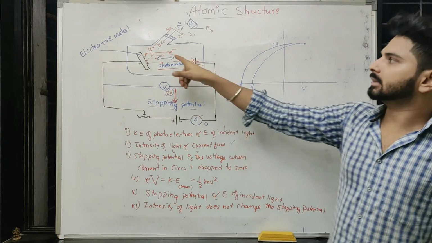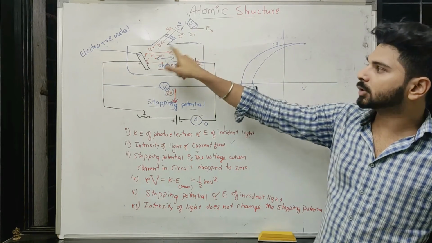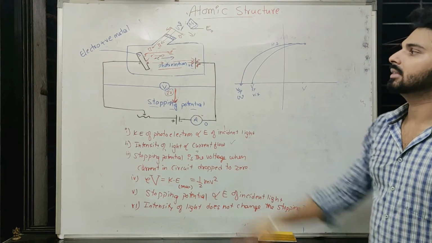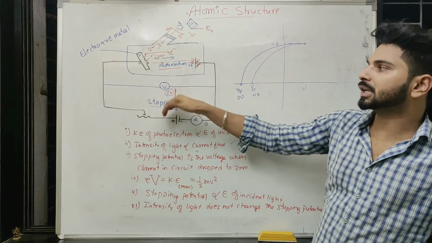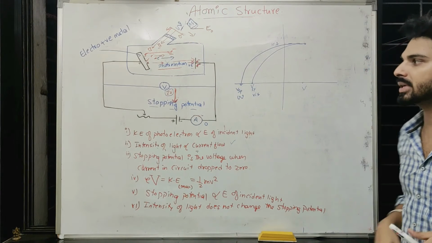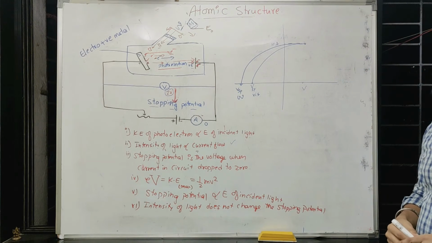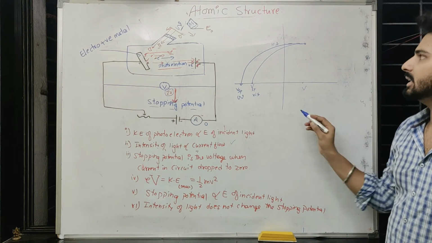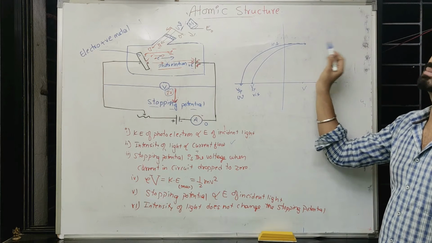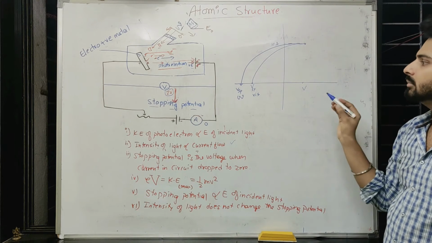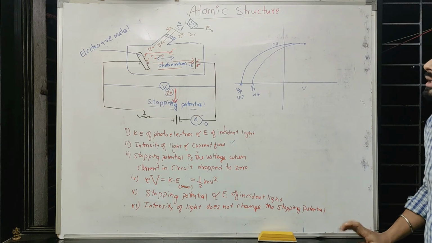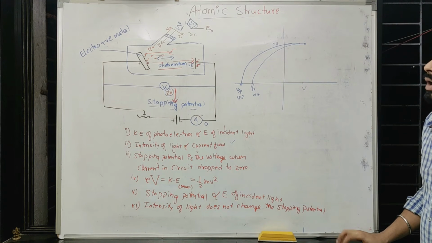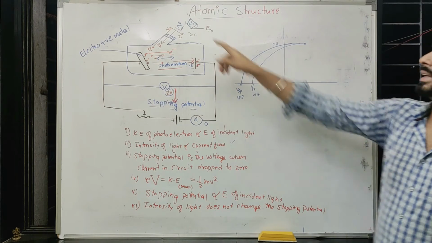But UV light photoelectrons were having higher energy. They made sure that a further lower stopping potential is needed to stop them, because kinetic energy wise they have different kinetic energy. So here we can understand, by keeping current the same, that means by keeping intensity the same, you may have different stopping potentials. It is based on incident light.